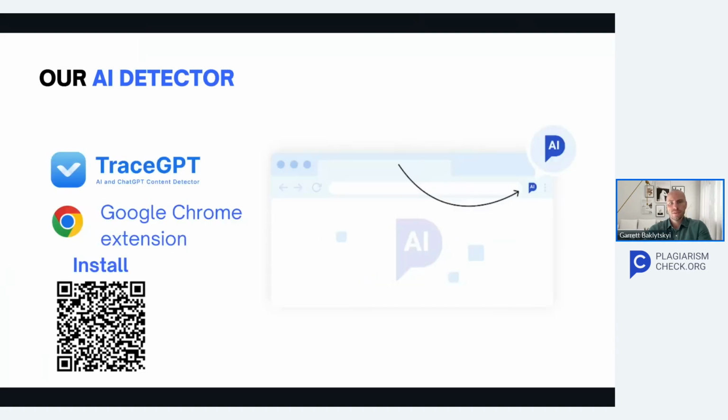For your convenience, we released an AI detector as a Chrome extension that can be conveniently installed in your Chrome browser. It allows you checking the text right from the web page. For example, if you need to check discussions on your LMS or some other text from another web page, just select the text that you would like to check for AI, launch our extension, click proceed, and in no time, it will provide you with a result.